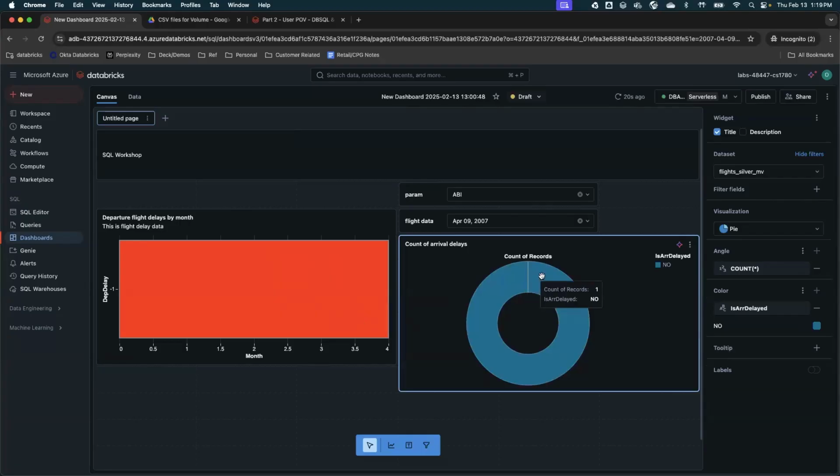So that is how your cross filtering will work. So let me go and show you the next step. We just have 10 minutes. So we'll go click on the dashboard.